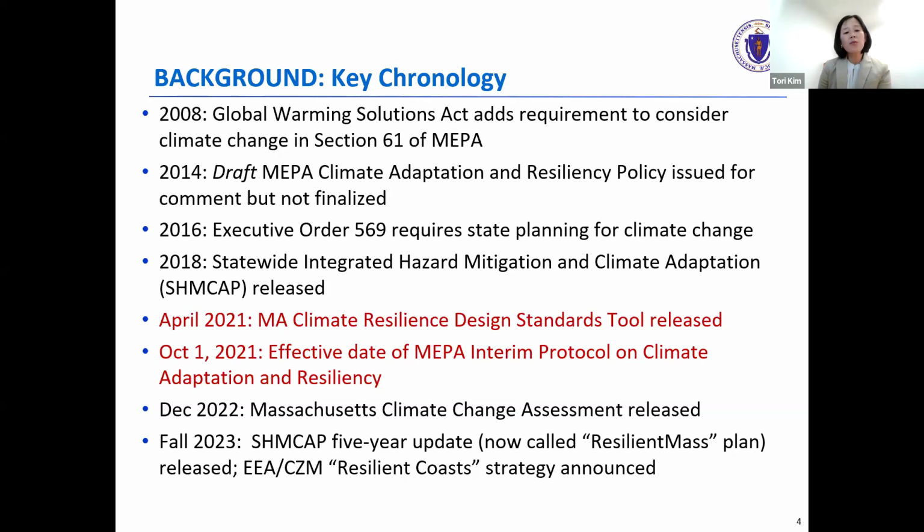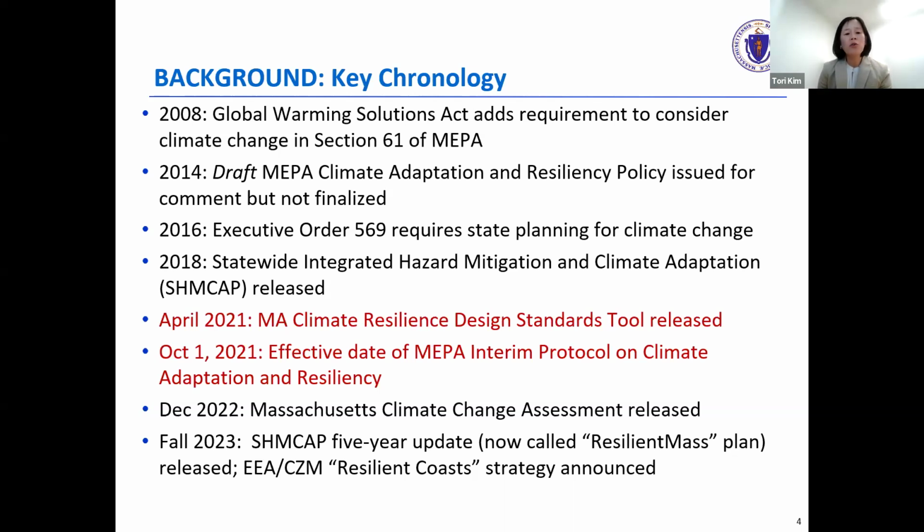So we were successful in implementing the greenhouse gas policy component starting in 2010, but the climate adaptation portion has always lagged behind, and we were not successful in issuing a full policy at that time. And since then, there's been a lot of state planning around climate change, trying to make our entire state resilient to future climate conditions. As we know, there's increased precipitation, more intense storm events, as well as droughts and extreme heat events, such as the one we're experiencing this week.